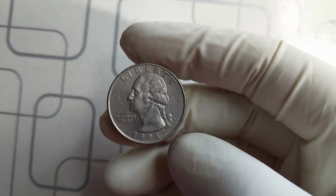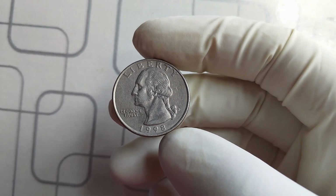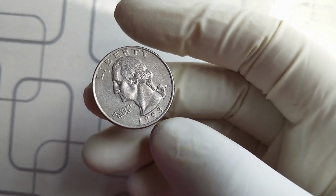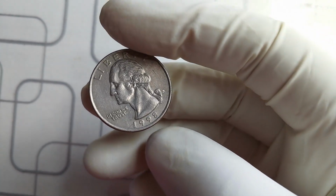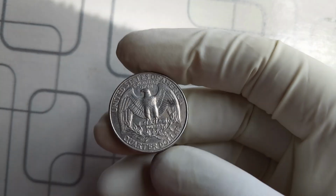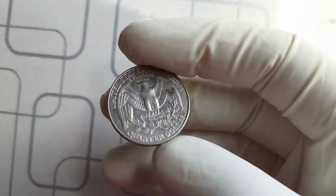To wrap this up, the 1998 D Washington quarter coin is a perfect example of why coin collecting is so fascinating. It's not just about money, but about history, rarity, and the thrill of discovery. This small piece of metal that we so often take for granted can hold incredible value, both financially and culturally. And for the lucky few who happen to own one of these ultra-rare examples, that 25-cent coin has turned into a life-changing fortune of